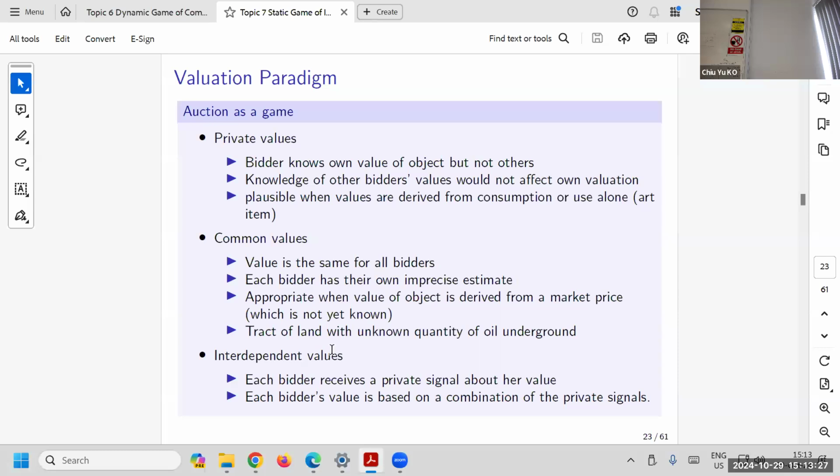The other one that is more common in natural resources is common value. How much the value is to you is just that you sell the oil to others. That's common value, there's a resale value. Everyone has the same valuation. The oil pit, the oil drill, the oil land is just to sell the oil. That's the thing you care about.